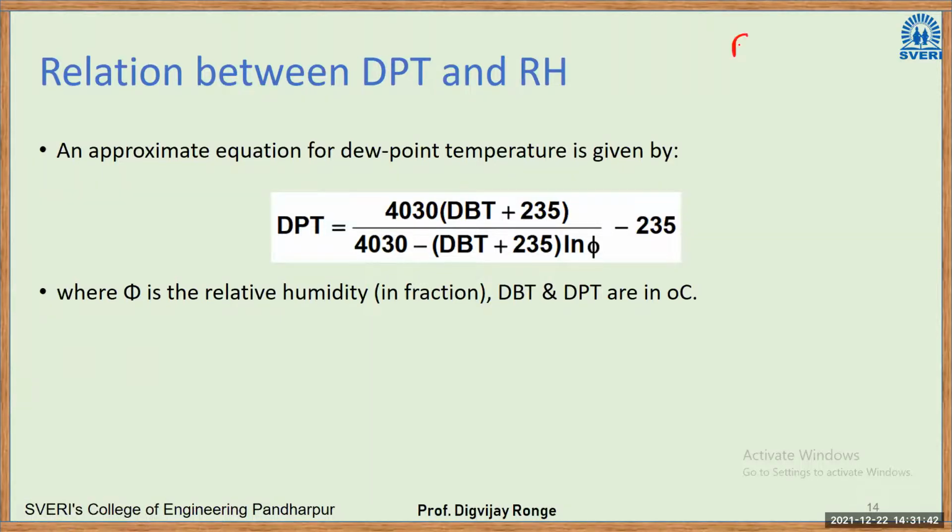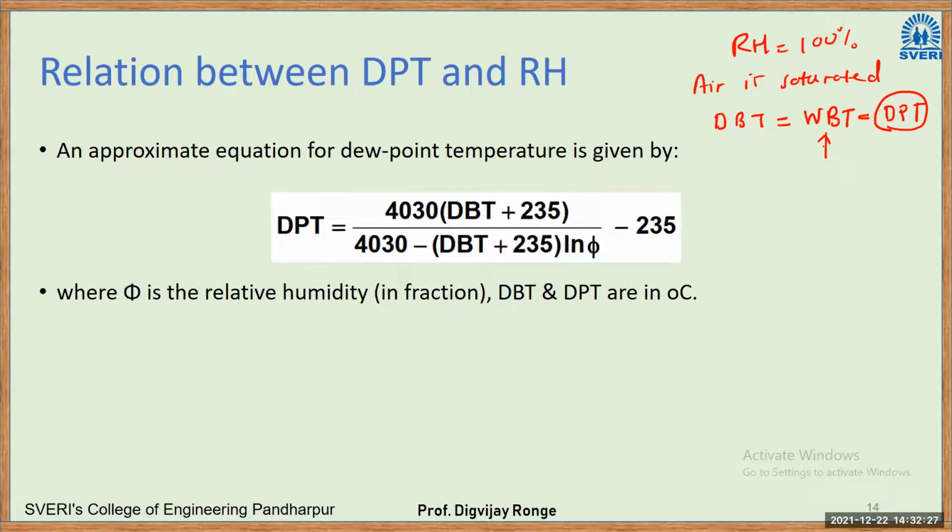So see here, when RH is 100%, that means air is saturated. In other words, the dry bulb temperature has reached its wet bulb temperature and its dew point temperature. That means air is saturated. So here is a very important question. Whenever you use a water cooler in summer conditions, the minimum temperature that can be achieved is the wet bulb temperature. That is the minimum temperature you can achieve.